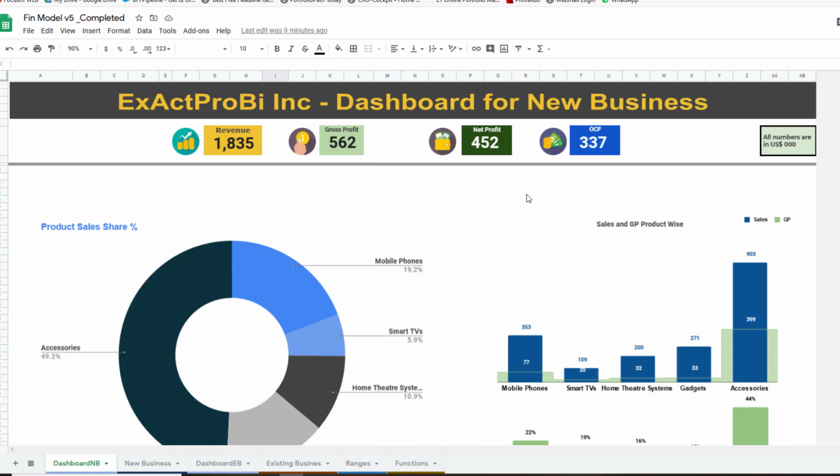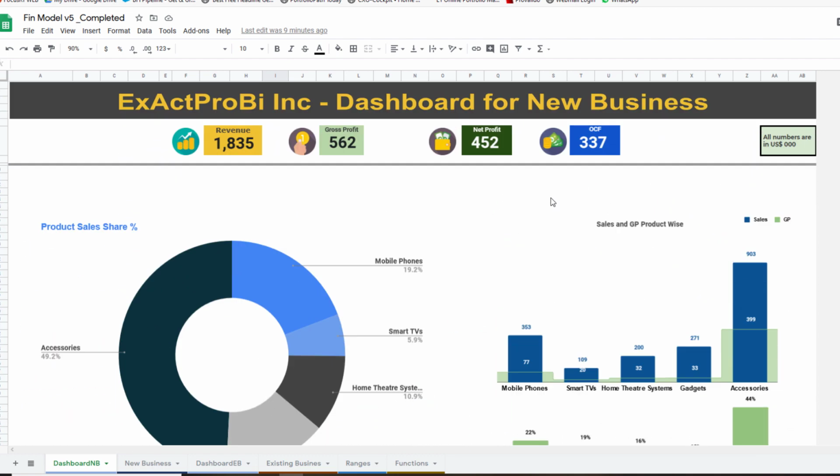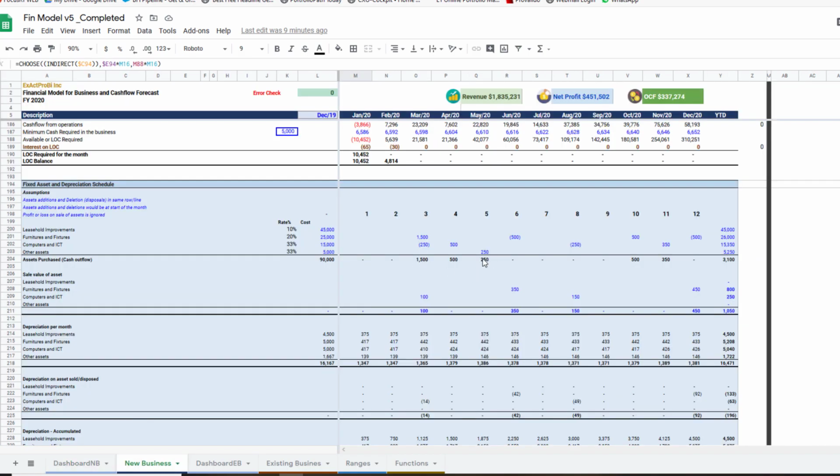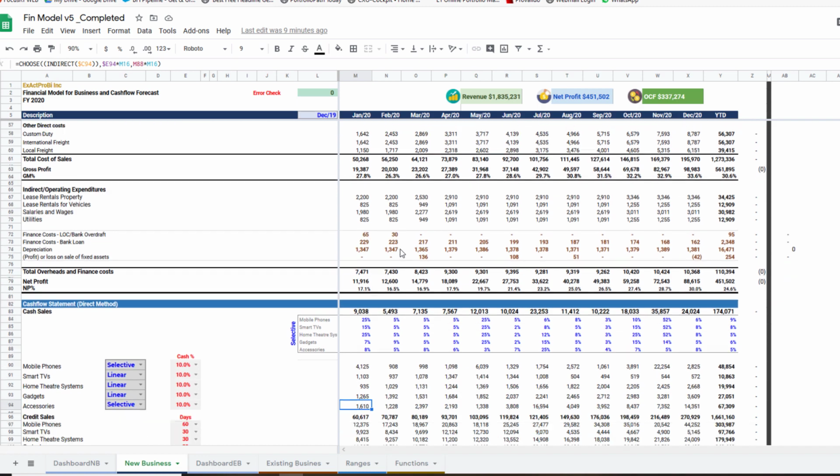So you don't have to have an advanced spreadsheet tool like Microsoft Excel. You can always use the free tool, a web-based tool like Google Sheet, to create this kind of amazing and fully dynamic financial forecasting model for your business, that is to forecast your income and expenditure and profit and loss, I should say, and also the cash flow.